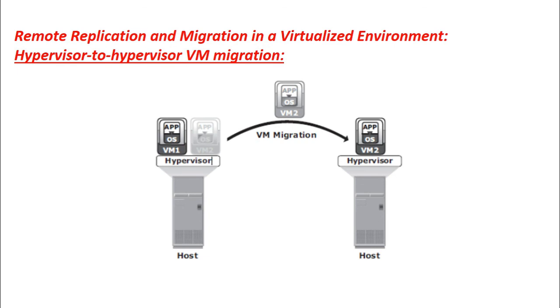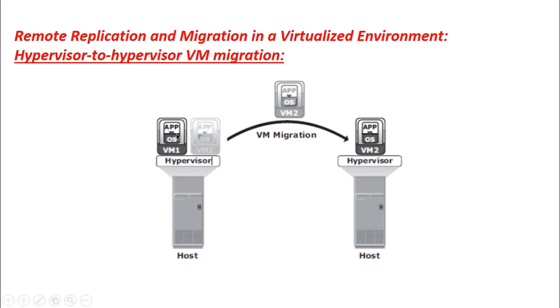This method involves copying the contents of the virtual machine memory from the source hypervisor to the target, and then transferring the control of the virtual machine's disk files to the target hypervisor. Because the virtual disks of the virtual machines are not migrated,